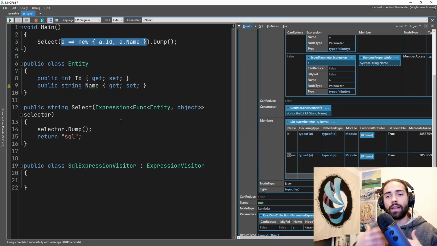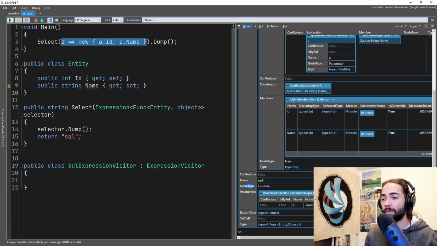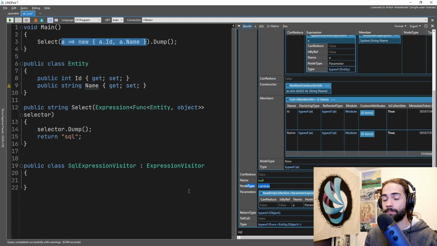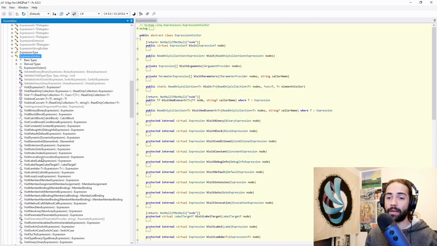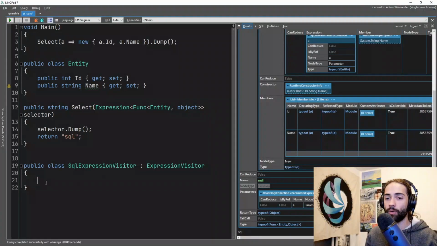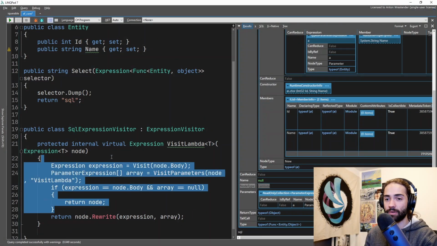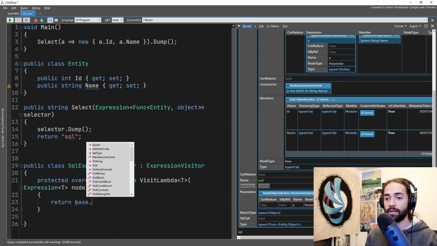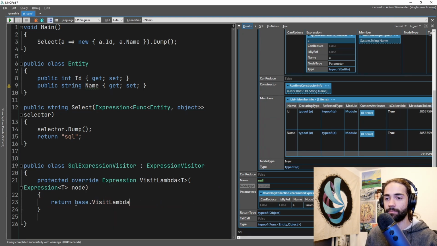We now want to go ahead and work up an example where we can take a look at this information and turn it into SQL. So we'll go through a little development process where I'm seeing that the node type of the overall thing is a lambda. So in my visitor, that is what I want to override. I'm going to open up ILSpy and find the VisitLambda method because there are no override helpers here. So I'm just going to do something like this: override, and at the end base.VisitLambda and